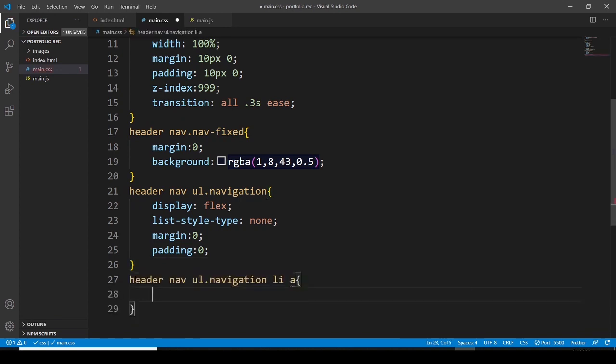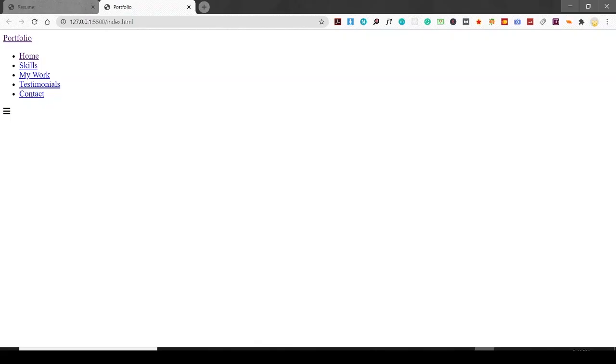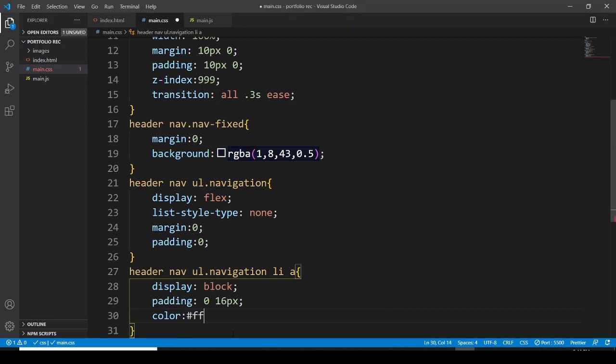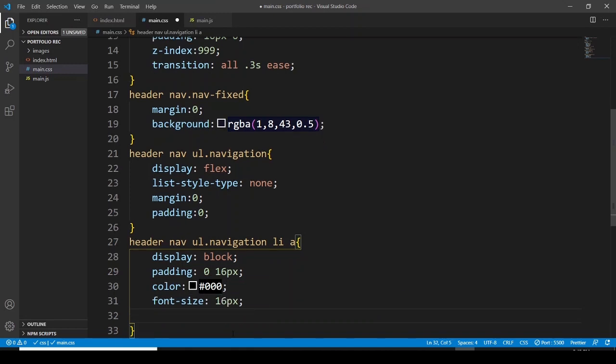Then list item, anchor, text, and let's say display is going to be block, and padding is going to be 0 and 16 pixels, and then we have to say the color is going to be, right now I'm not, let me save it first. Okay, right now just let me go with the black color. Okay, and then after I would like to say font size. So the font size is going to be 16 pixels,